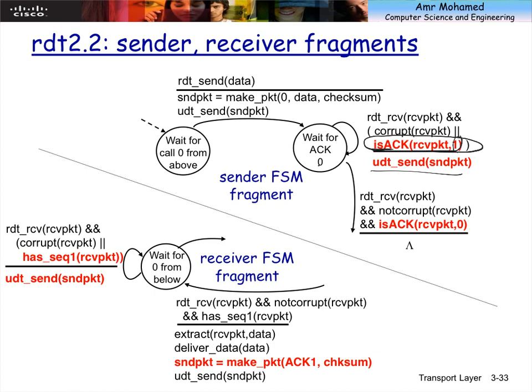So only if I'm waiting for acknowledgement 0 and I receive the acknowledgement with no corruption and it's really 0, so this number matches this, only then can I switch to wait for packet 1, and then I trigger the below part. And the below part is just a mirror of the upper part, but for the case of 1. So it's the exact same thing.